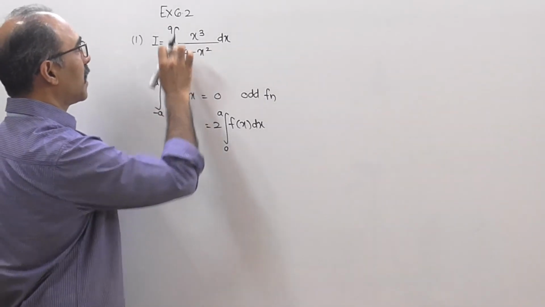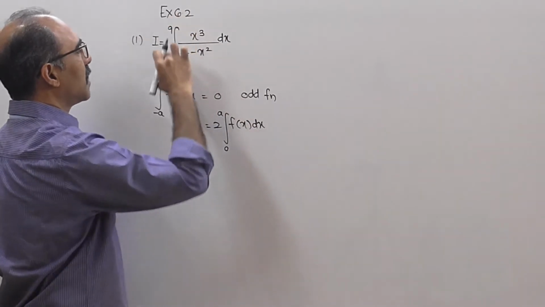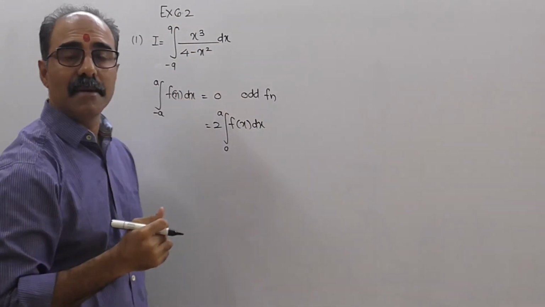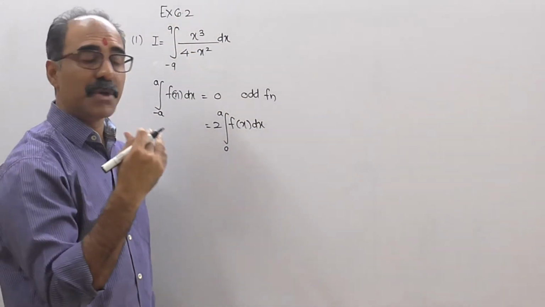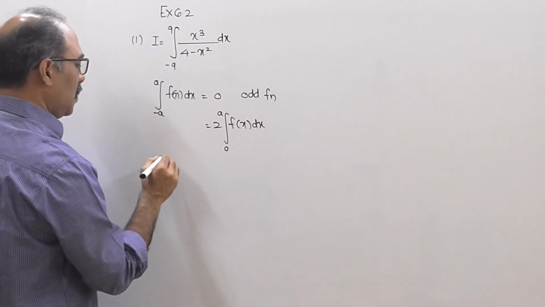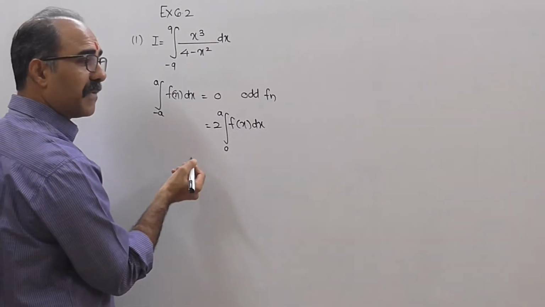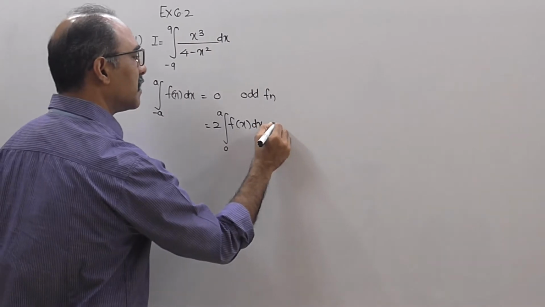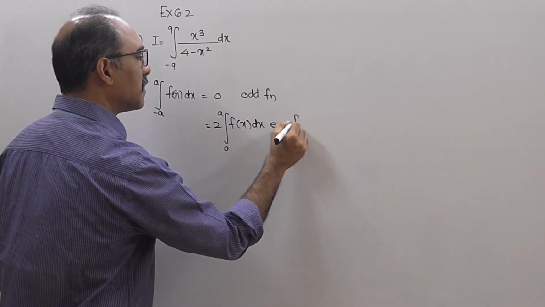the negative number will be at the bottom and the positive number at the top, the number is the same but there will be a difference in sign. So negative should be down, positive should be up. First of all we have to identify whether it is an odd or an even function. This is for an even function.